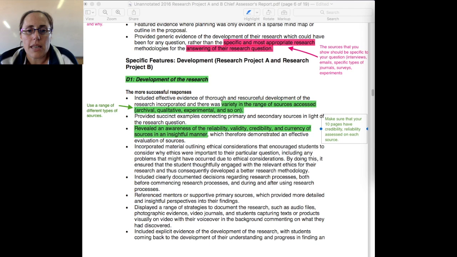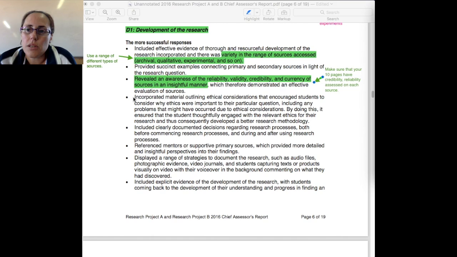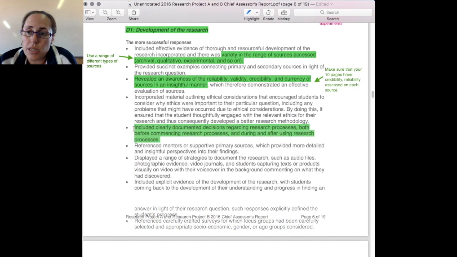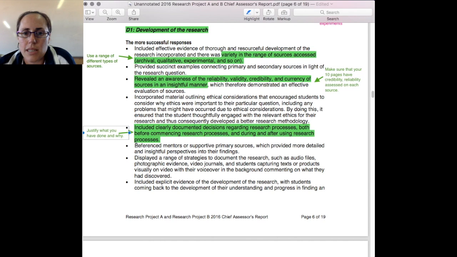All right. You need to make sure that any decision that you make about the ways that you're using sources is documented somewhere. In particular, if you have a challenge with using a particular type of source, or if you have an opportunity with using a particular type of source, write about that in a journal, because you actually end up going back and using that in your evaluation. But it also justifies the decisions that you made and justifies why you've done something, which means that the marker can actually follow your thought process.